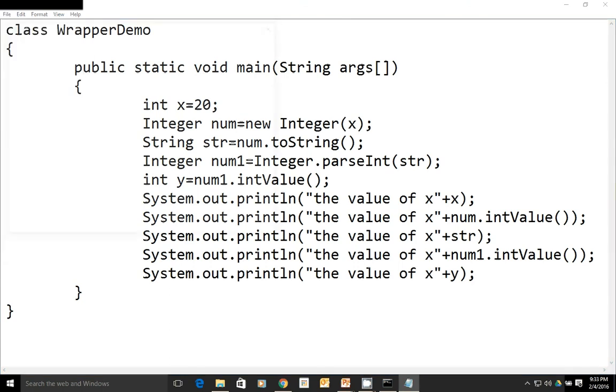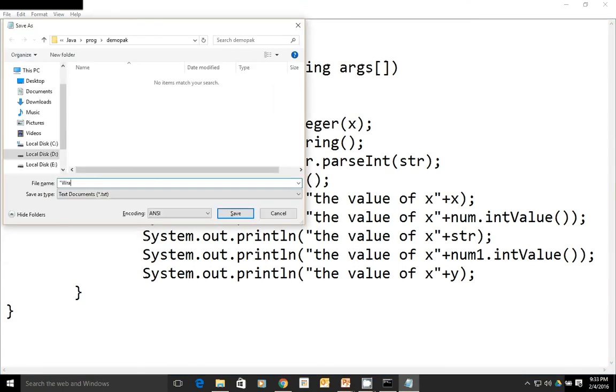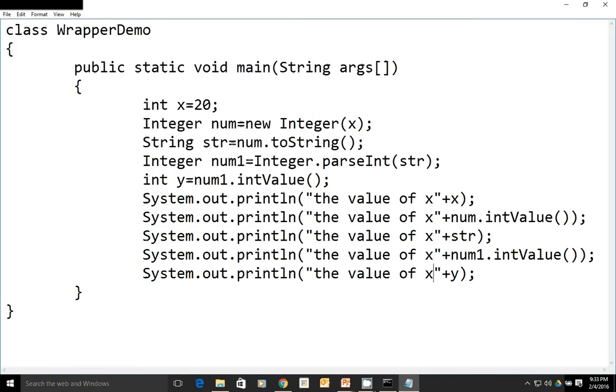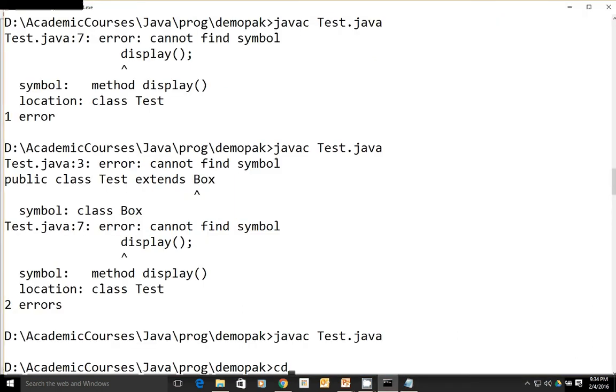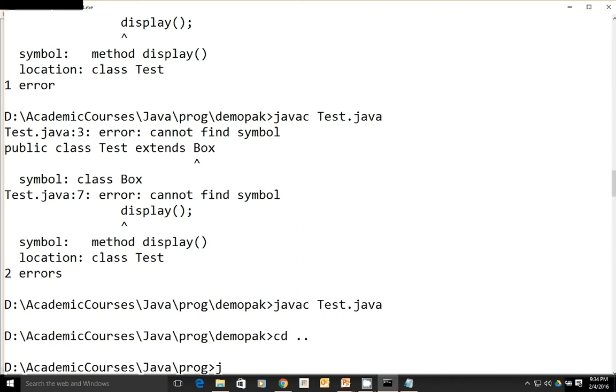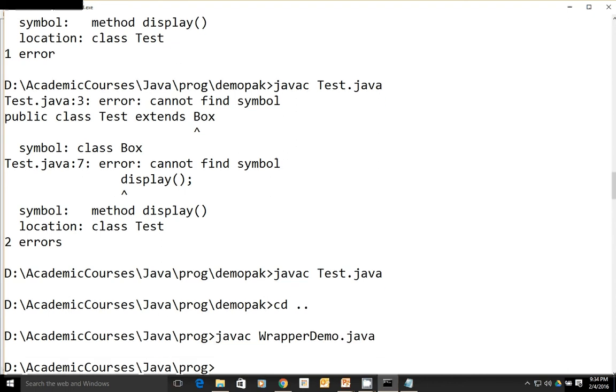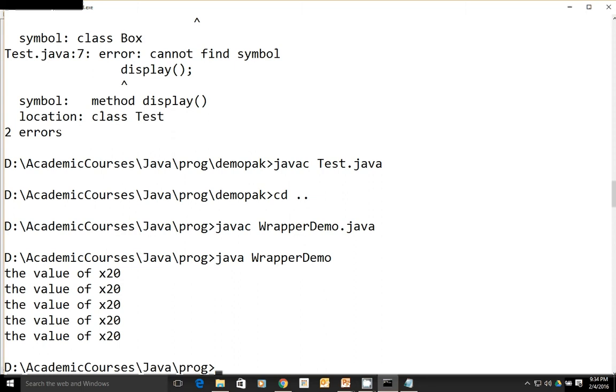Let's look at this program. Yeah, you will get 20 all the time.